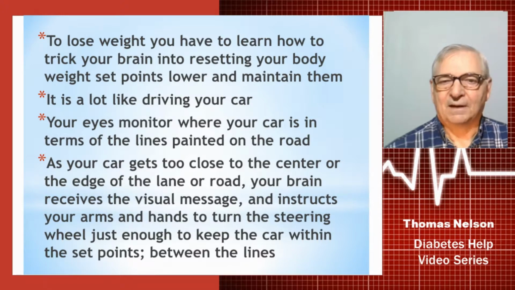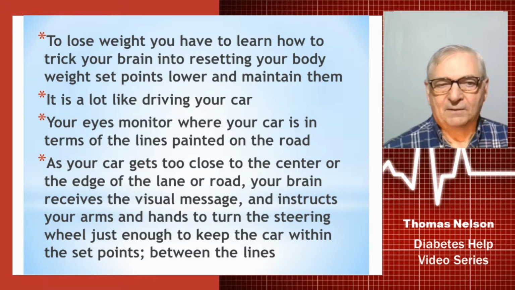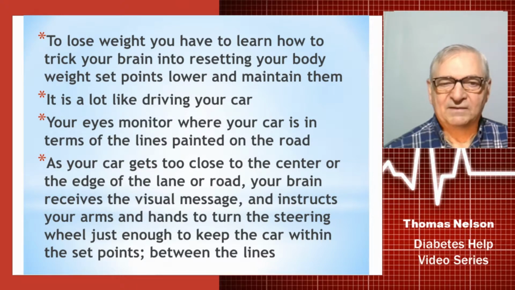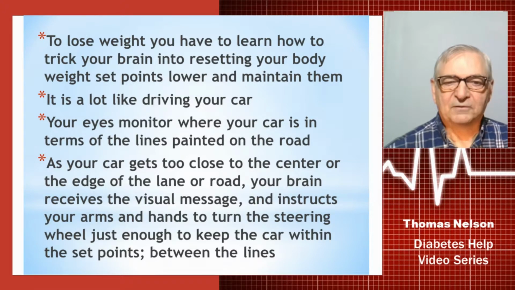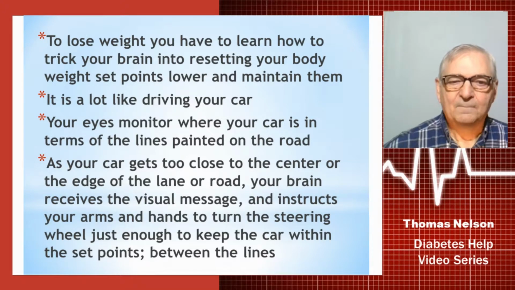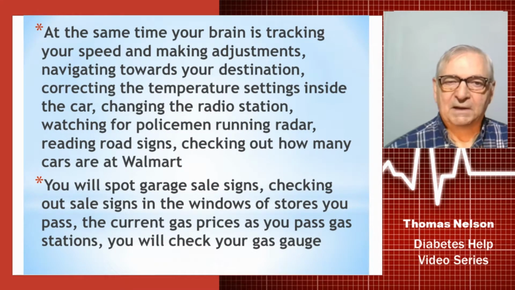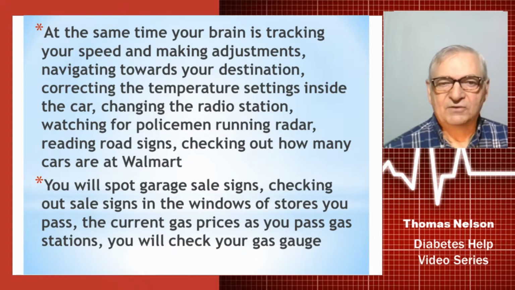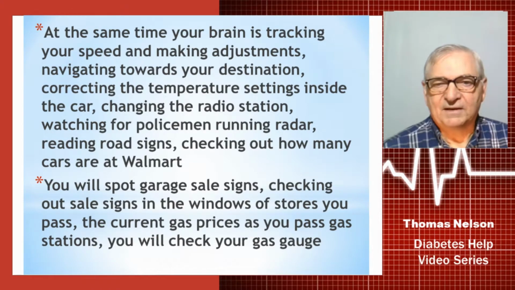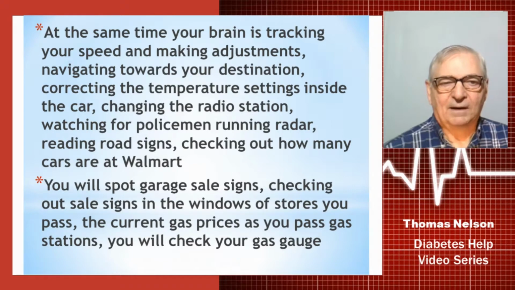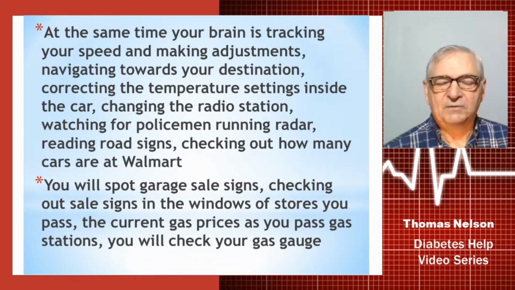It's a lot like driving a car. Your eyes are going to monitor where your car is in terms of the lanes that are painted on the road. As your car gets too close to the center or the edge of the lane or the road, your brain receives visual messages and it instructs your arms and hands to turn the steering wheel just enough to keep the car within those set points between the lines of your lane. At the same time, your brain is tracking your speed and making adjustments, navigating towards your destination, correcting the temperature settings inside the car possibly, changing the radio station possibly, watching for policemen running radar, reading road signs to make sure you're going where you need to be going, checking out how many cars are in the Walmart parking lot,